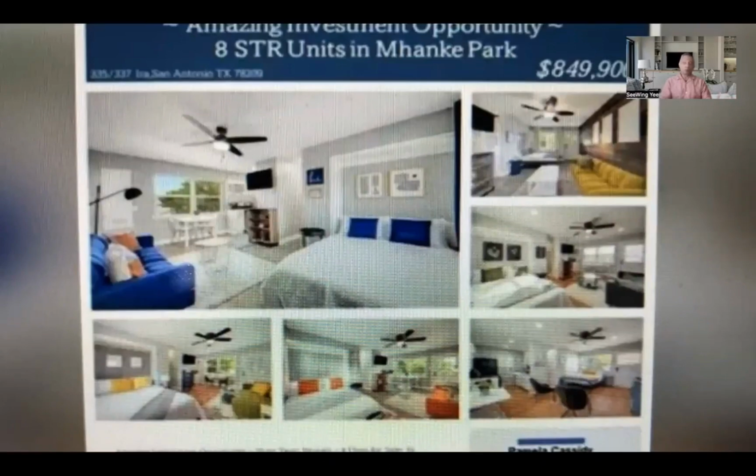This property could be gone by now. It was on the multiple listing service a couple of weeks ago, but still, this type of property is available. You have to make the time and effort to find these deals so you can house hack. This property, located in San Antonio, by the way, has 2 bedrooms per unit, so a total of 8